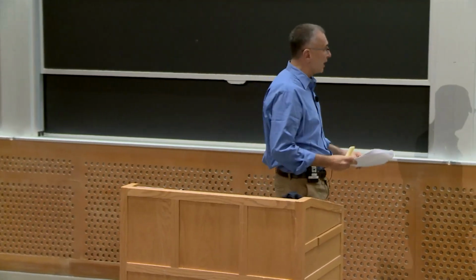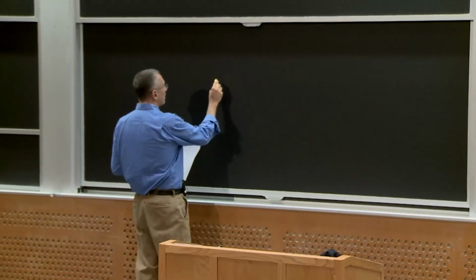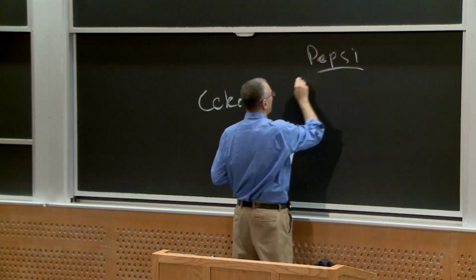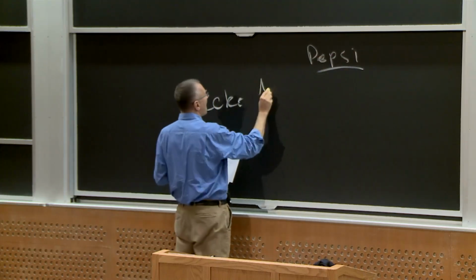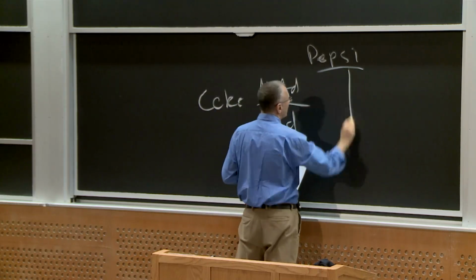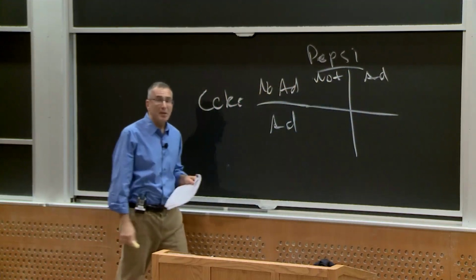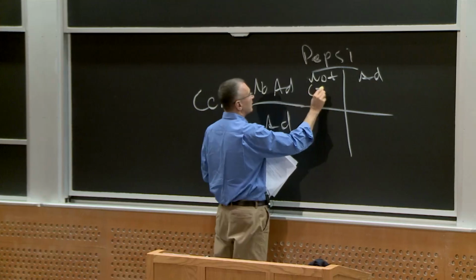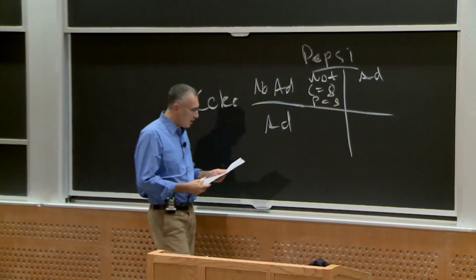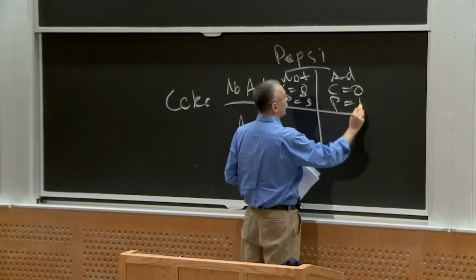So what's that payoff matrix look like? Well, let's write that down. You've got Coke and Pepsi. Coke can not advertise or advertise. Pepsi can not advertise or advertise. If Coke and Pepsi both don't advertise, they each get 8. If Coke doesn't advertise and Pepsi does, Coke ends up with 0 and Pepsi ends up with 11, which is